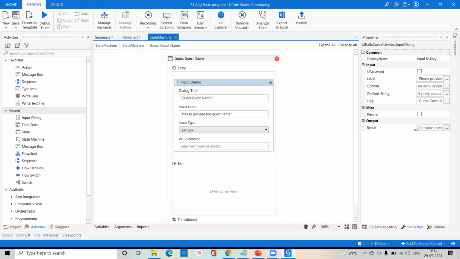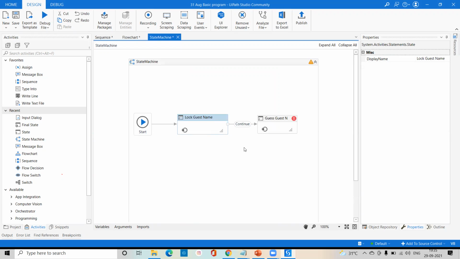And here we'll store it in one variable, Control K, v_guest_name. So we've created this variable. Try to understand, we are going for continue, and you are able to enlarge this activity this way.